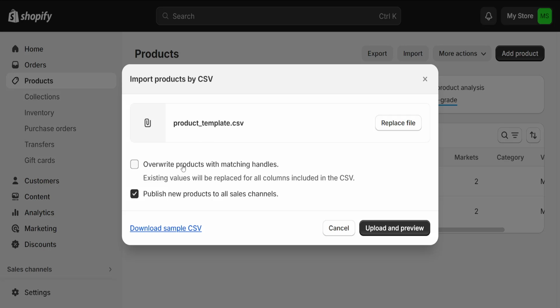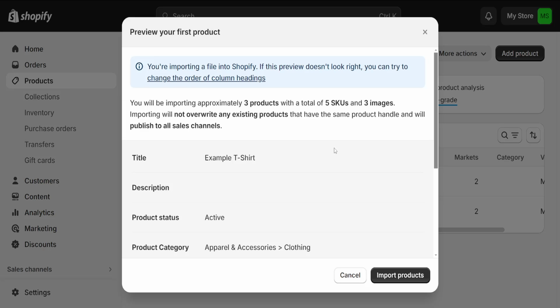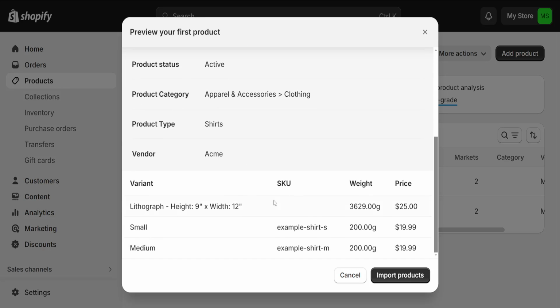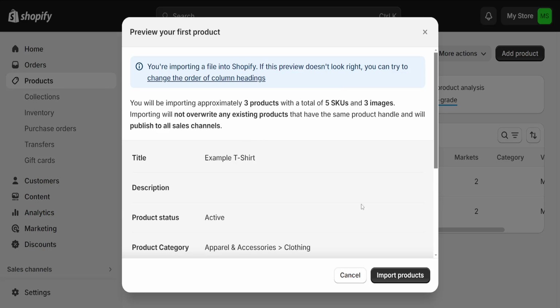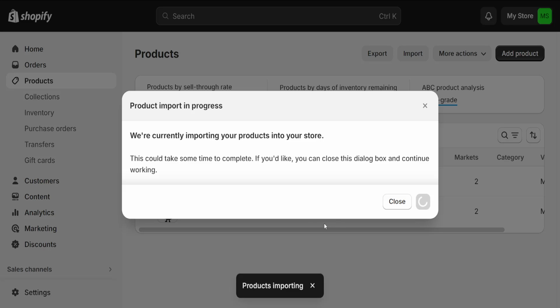We can either overwrite products with matching handles, or we can publish new products to all sales channels. So for this, we will click on upload and preview, and it's going to give us an example. So right here, 3 products, and it will show us what they look like and their weight, SKU, and so forth. And if you want to import those, we will click on import products,